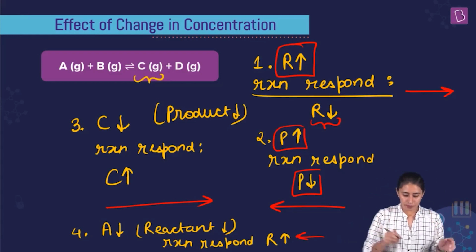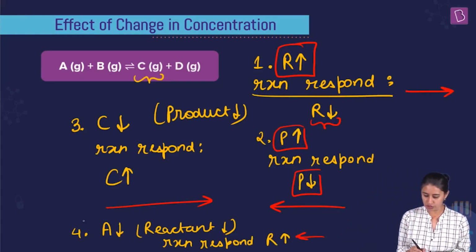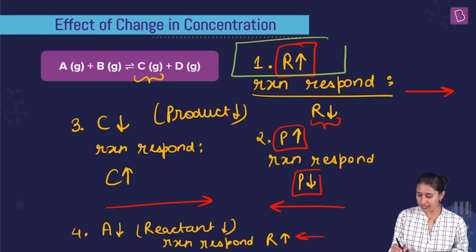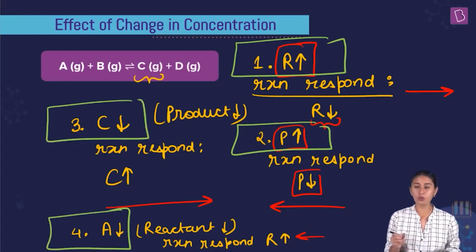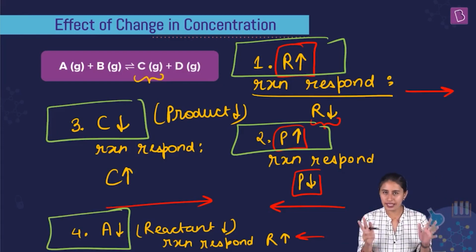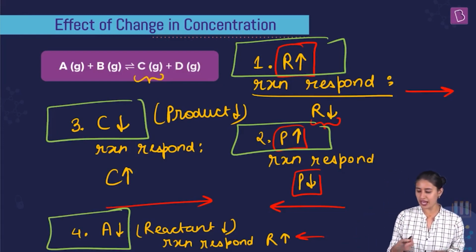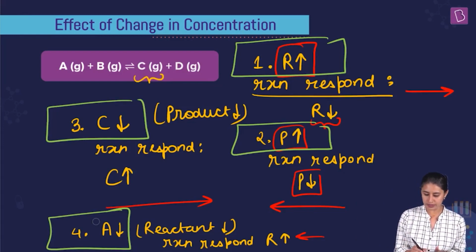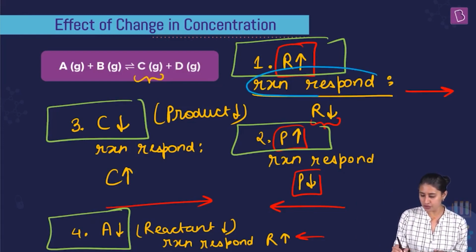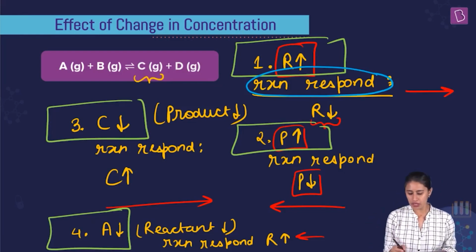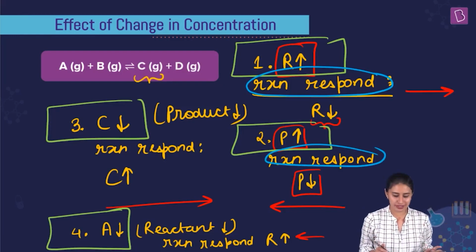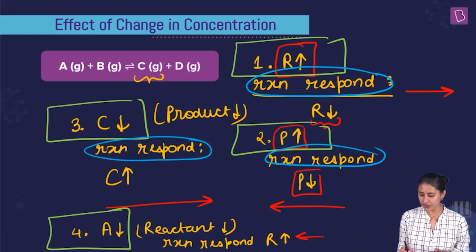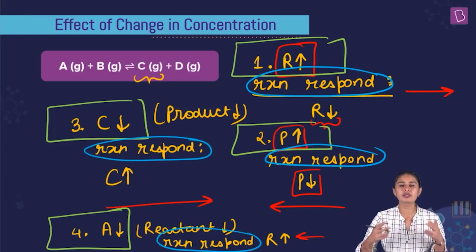So, number one, how do you have to see the situation? You have to see whether we are increasing the reactant, increasing the product, decreasing the reactant, or decreasing the product. What are we doing? First thing, we analyze that. The second thing is we analyze the response. How will the reaction respond? It will respond just in the opposite manner. It will just try to undo the change that has just come up. So the second thing that we have to think of is the reaction's response.